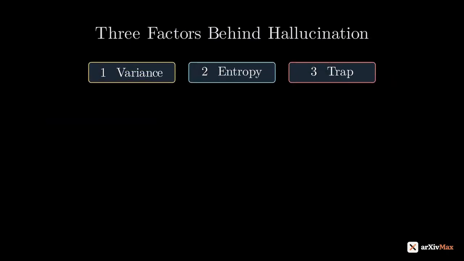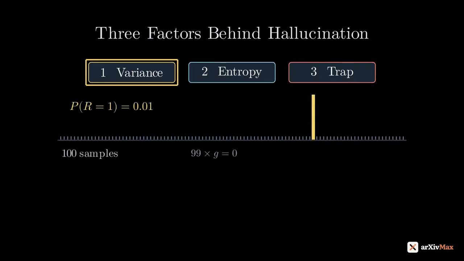The paper identifies 3 mechanisms linking binary reward to increased hallucination. First, high variance gradient. When the probability of a correct answer is low, say 1%, 99% of sampled responses get 0 reward and 0 gradient. The occasional non-zero gradient is large but almost random, making training unstable and potentially pushing the model towards sequences that happen to get lucky, even if they contain factual errors.